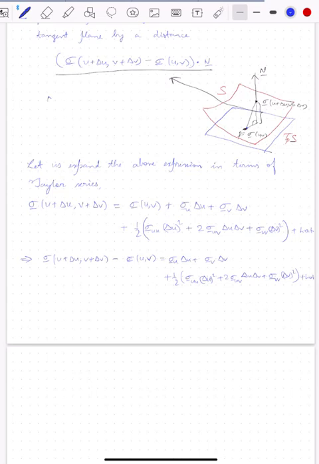Now, what we know is that this normal vector is obtained as the cross product of sigma u and sigma v divided by the norm of the cross product. So from here we learn that n vector dot sigma u vector is equal to 0, because n is perpendicular to sigma u. Likewise, n vector dot sigma v vector is also 0 because of the same fact. Now what we do is take the dot product